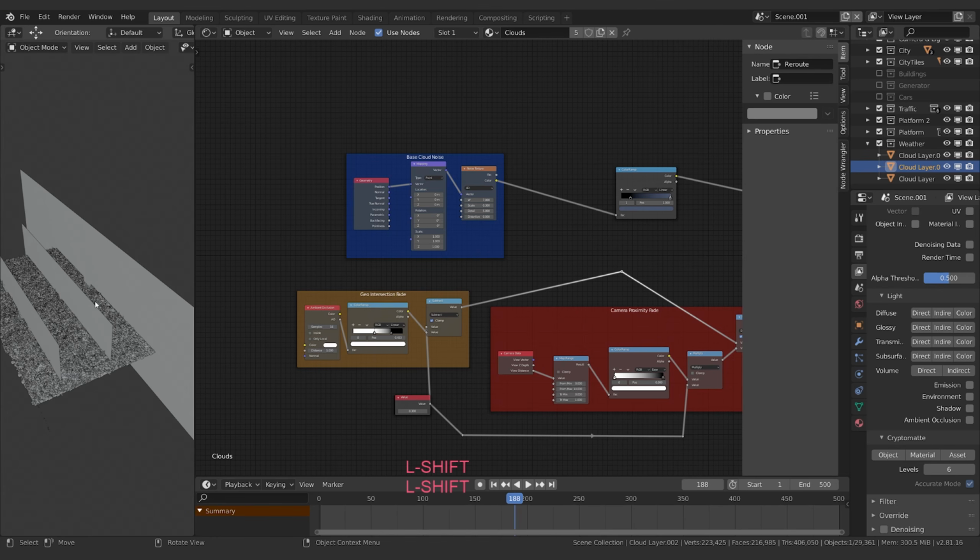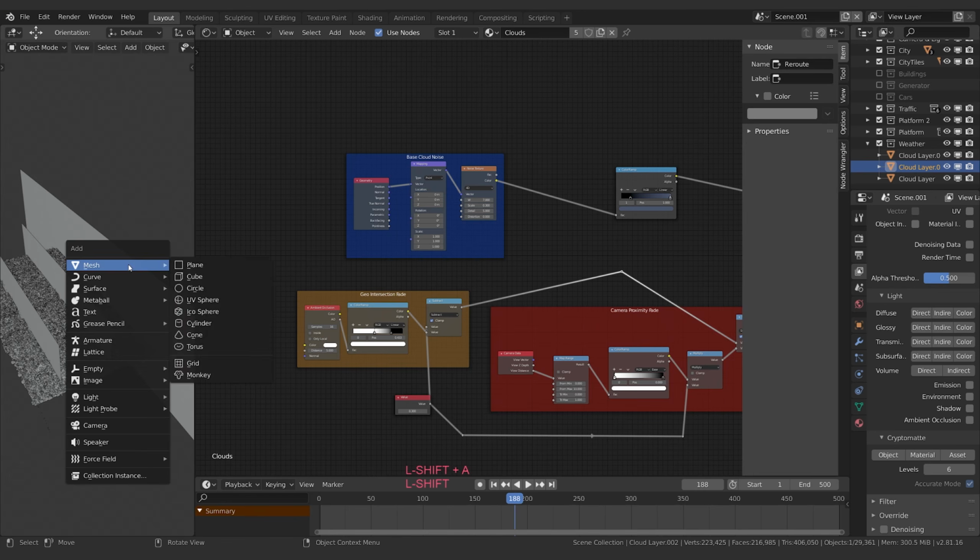Now, the other thing is that all these guys, remember, they're affected by the Z value or the X value as they're moving through space. So what's really nice is if this cloud has a little bit of undulation to it, a little bit of movement. So what I want to do is add in